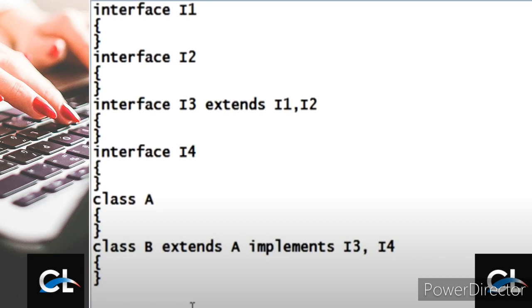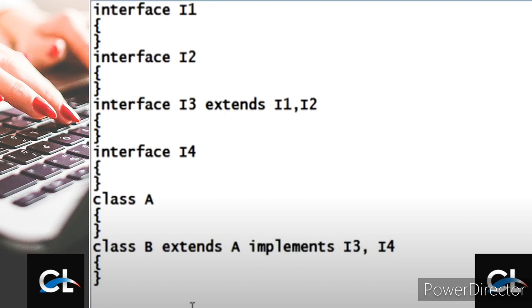Please make a note of it, without any uppercase, implements. Implements and extends, these two keywords are very important, so please concentrate here.